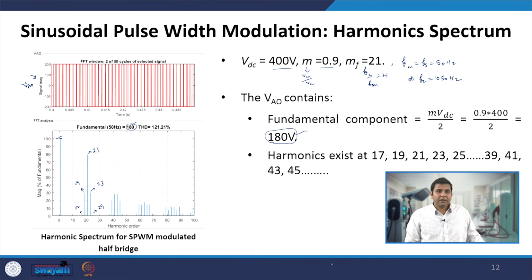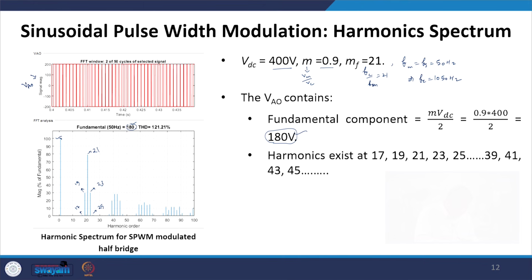So what we see is that, from the fundamental, the other harmonic content decreases as the harmonic order increases, approximately with a value of 1 by harmonic order, and between this and this the magnitude also decreases in this manner as shown here. However, one can get the exact variation of the harmonic content by doing the double Fourier transformation.